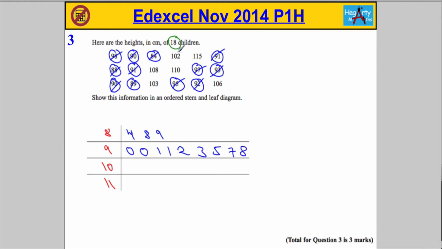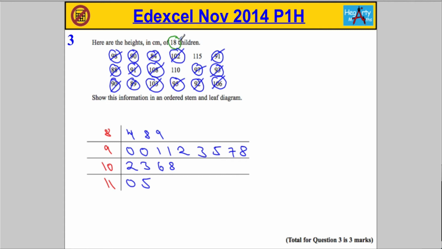So we've got 102, 108, 103 and 106. So let's get those guys in. We've got a 2, a 3, an 8 and a 6, and we're going to cross those out. 2, 3, 8 and 6, and I've made a little mistake, so I'm going to change that. I shouldn't have 8 and 6, I should have 6 and 8 to make sure it's in order. And then finally we've got 110 and 115, so I'm going to put a 0 here and a 5 here,